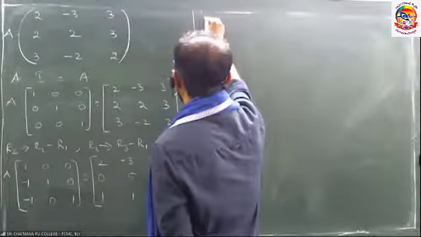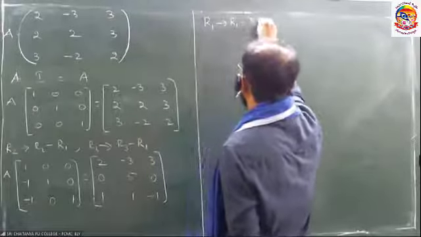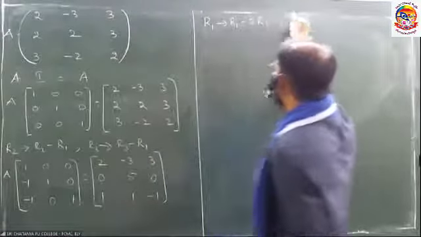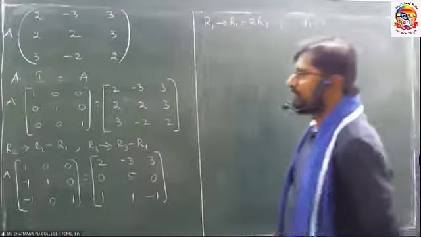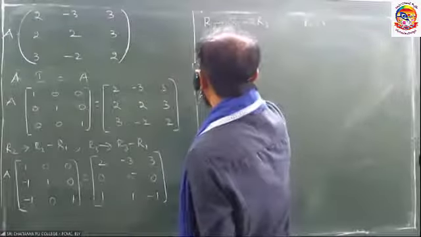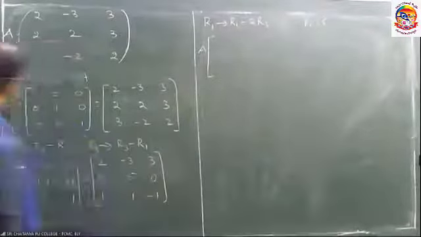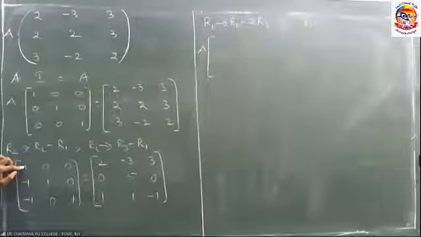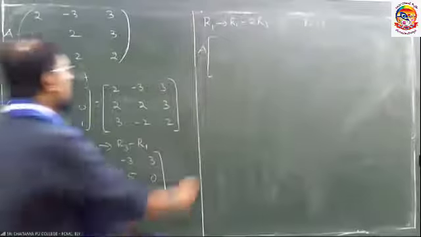See, R2, same, let us follow. R1 changes to R1 minus 2R3. And you can divide R2 by 5. You are going to get capital A. See 1 here. 1 minus 2 into minus 1, it is minus 2. 1 minus of minus, it becomes plus. So 1 plus 2 is equals to 3.